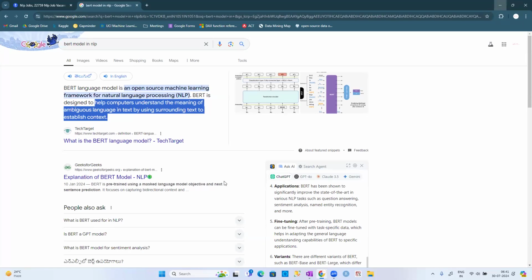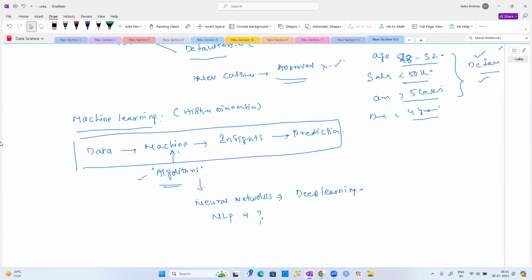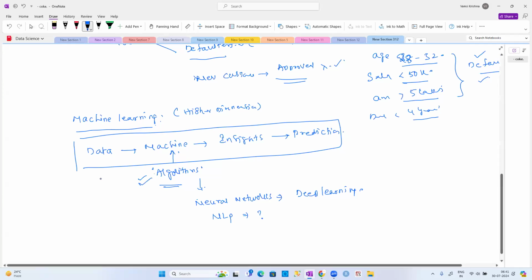Why? Because we have to learn different types of algorithms: machine learning algorithms, deep learning algorithms, NLP. NLP is nothing but a technique where we convert text data into a meaningful numerical format. Only then can that data be fed to the machines, and machines can study it. These are some of the major topics we are going to learn: machine learning, deep learning, neural networks, NLP. All of these are part of data science and AI concepts. Right now, you cannot understand all of them.